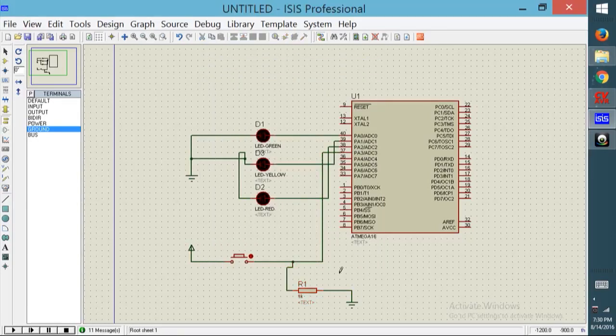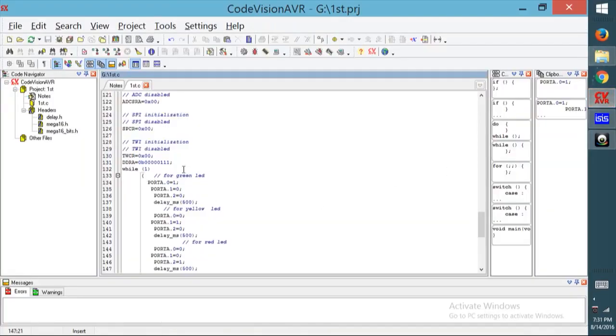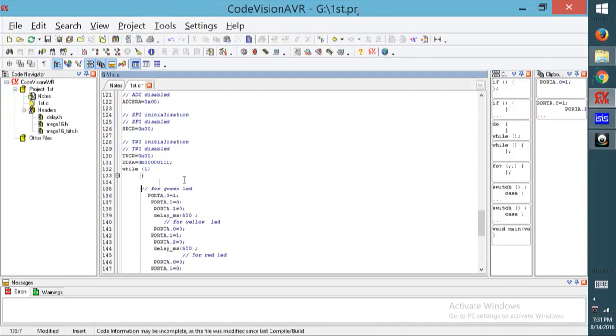Here when we press the button, it goes to the higher state, but when we remove the button, it goes to the lower state, because it is connected to ground through a resistor, so this pin goes to the lower state. So let's write a program for this. I want to run my entire circuit when the button is pressed. Then here I will write if.